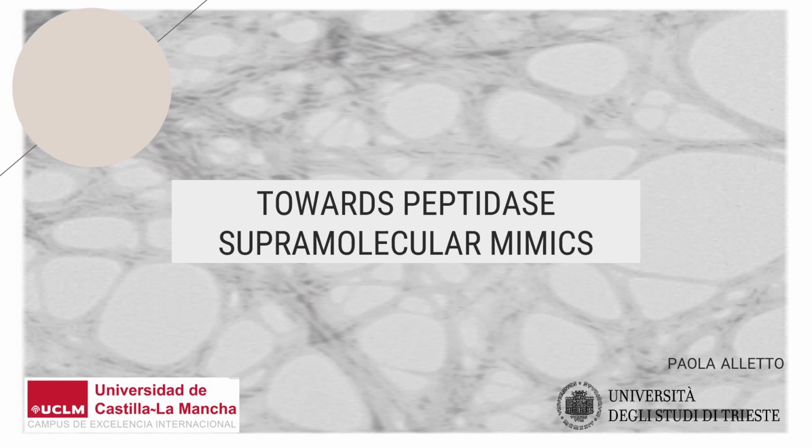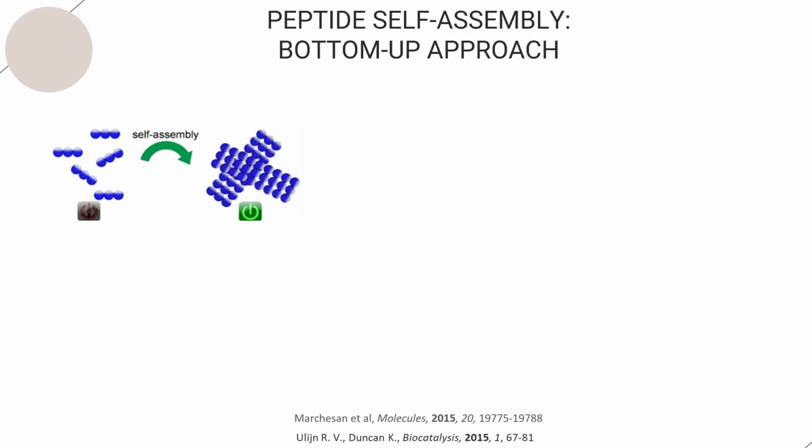Good morning. In this presentation, I would like to talk about a research project in which I'm interested, using short peptides to mimic natural enzymes. The ability of an enzyme to fold into a structure depends on its primary amino acid sequence. The three-dimensional structure is crucial for defining a microenvironment with the properties for catalysis.